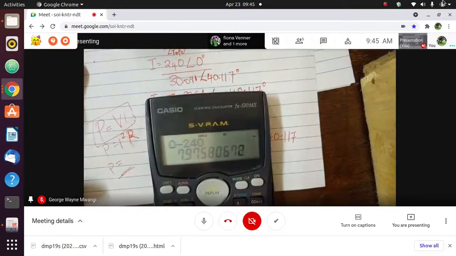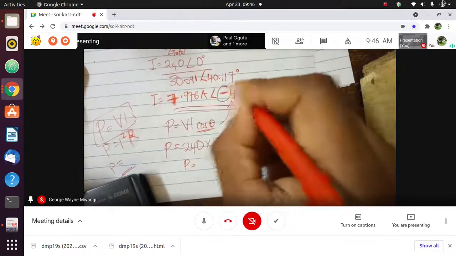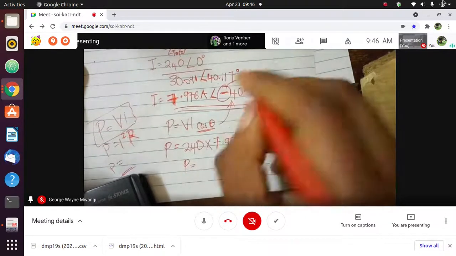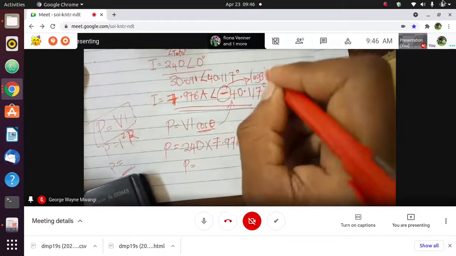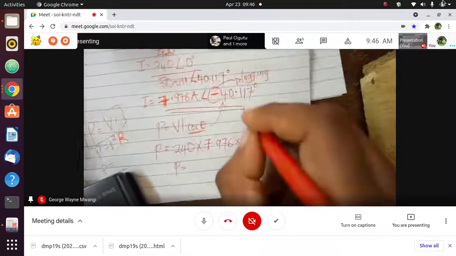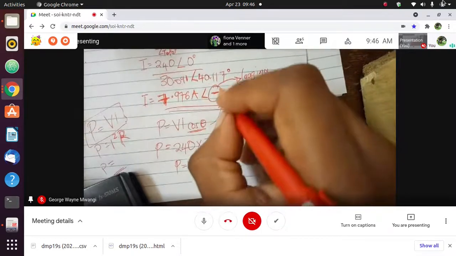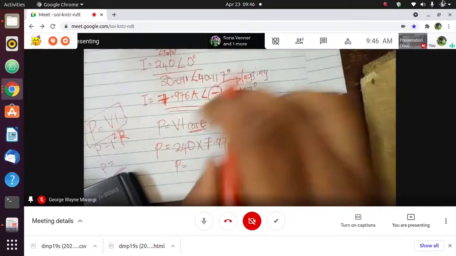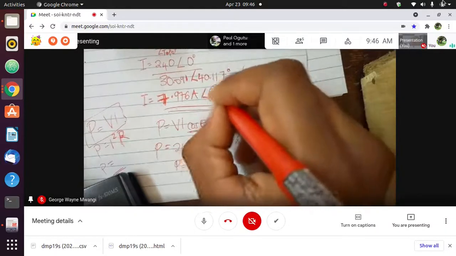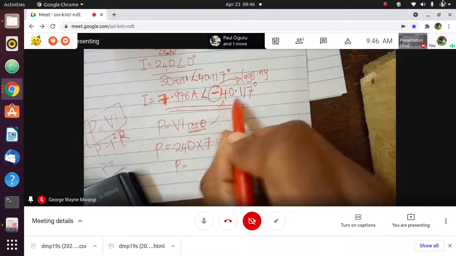240. Yes? Why are you not using the negative? No. This negative doesn't mean that the angle is negative. It just means that the current is lagging. When the angle is negative, we use the absolute value of that angle. We don't include this negative. It doesn't mean that our angle is negative. It just means that